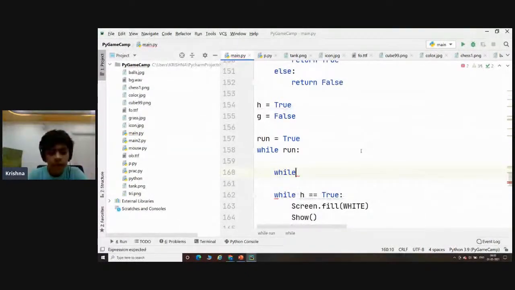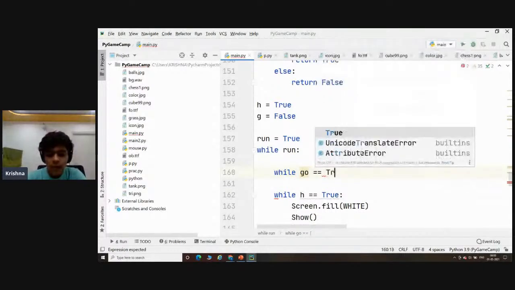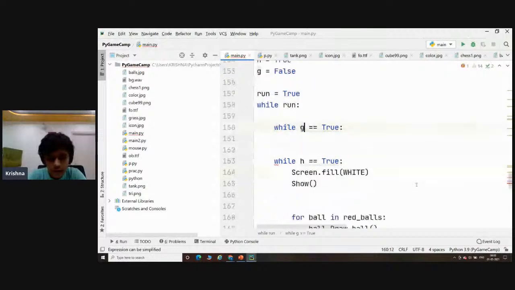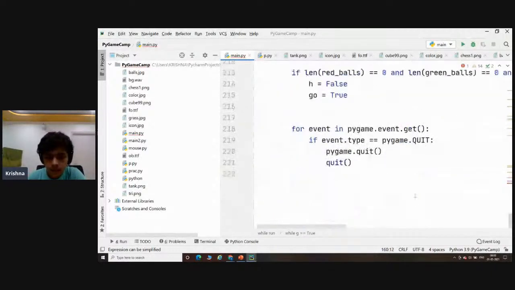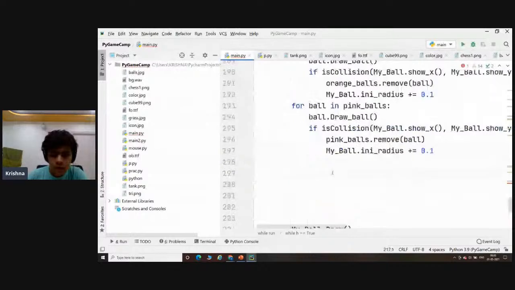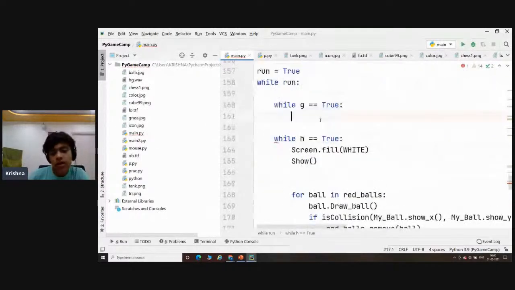So before we see what the user will see, we can just say while go equal to true. That means the game is over. While go equal to true. Oh, there is no go. There is a G. Sorry. Just say G equal to true. So we can make G equal to true. Now while G equal to true, we can just define